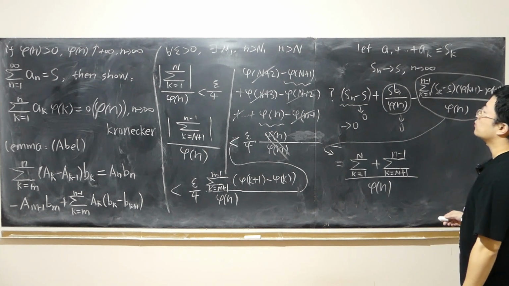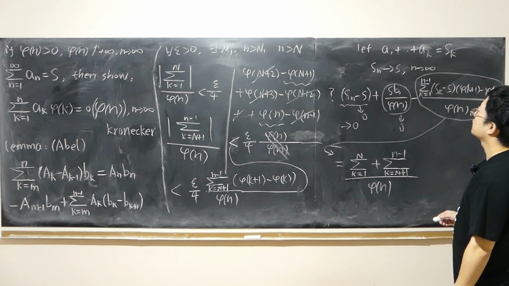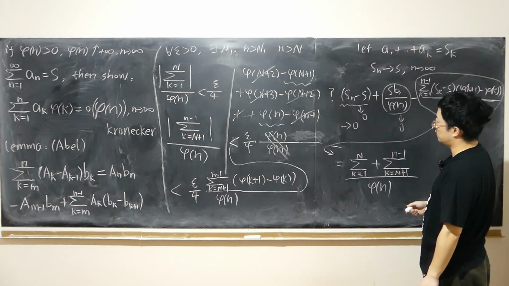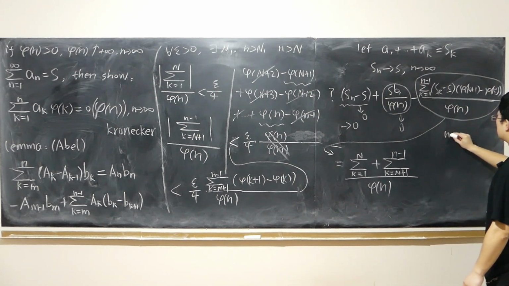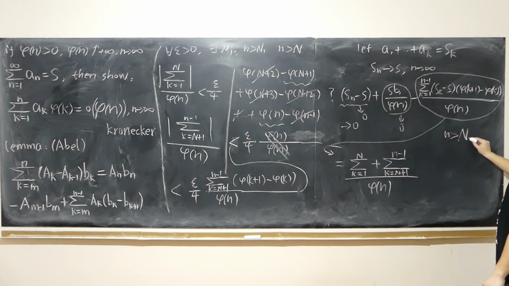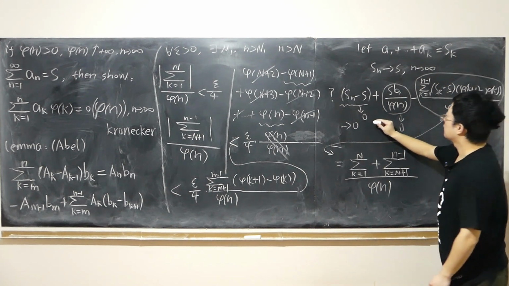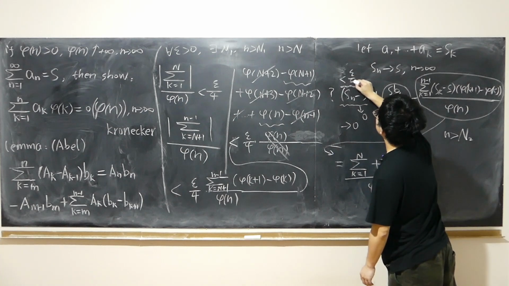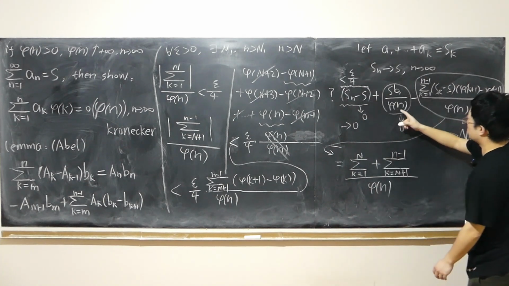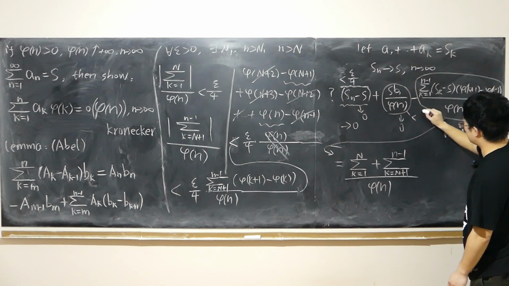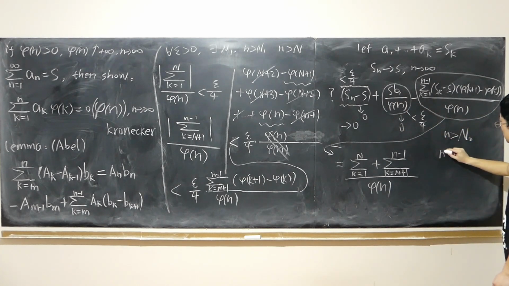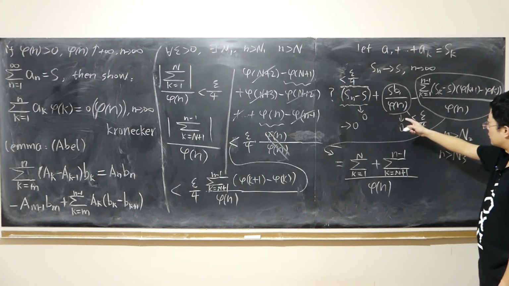And so if we want to be more rigorous, like I mentioned, this one approaches 0 as long as n is big enough. Maybe I can claim that as long as n is bigger than capital N2, this can be smaller than epsilon over 4. Also, this one can be smaller than epsilon over 4, right? This is also approaching 0 as long as n is bigger than capital N3, right? So altogether, epsilon over 4, epsilon over 4,